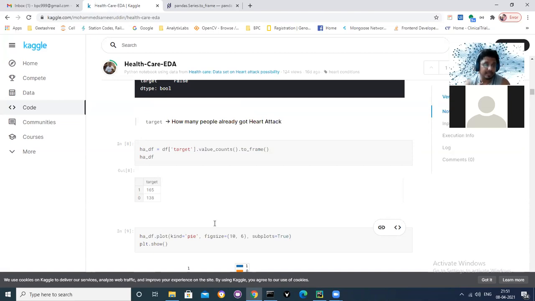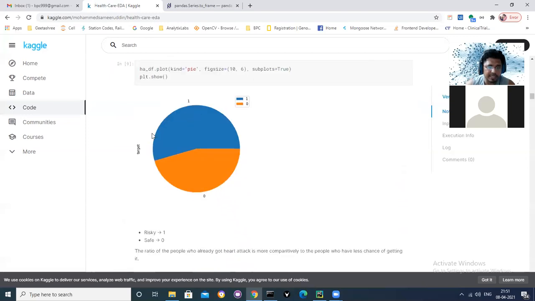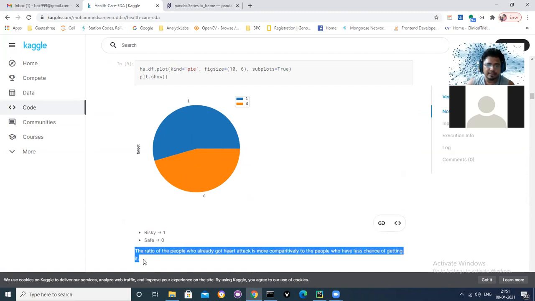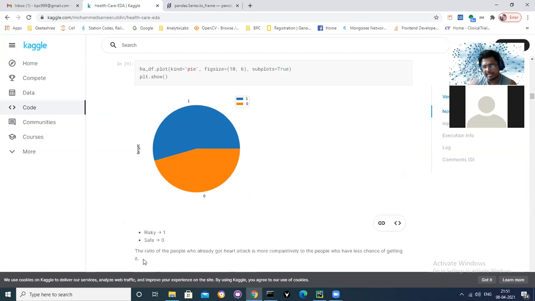Then something needs to be done. This gives me an indication that something wrong is happening with these people, that so many people are at risk. We have to find that. So this insight raises questions for more insights. It is like everything is connected here, right? So everything is connected here. There is no single rule and regulation. It is not like you get a CSV file or a table and there is a set of protocols or rules.